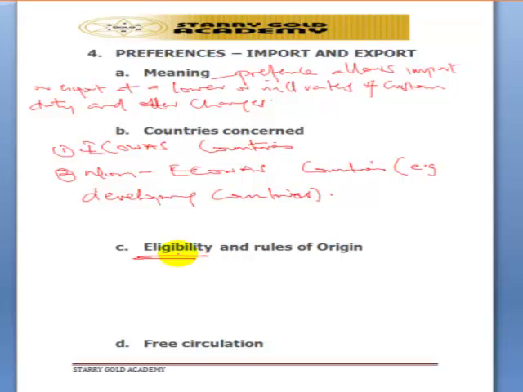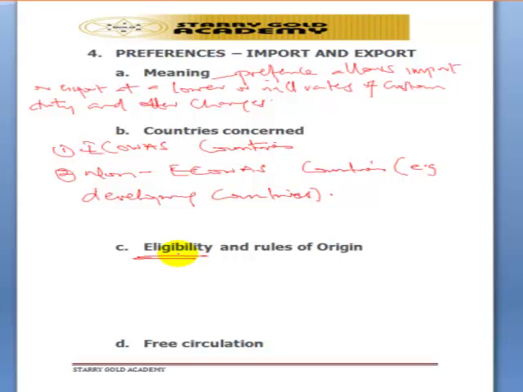Now, the following agreements relate only to goods imported into an ECOWAS country. Number 1, the Generalized System of Preferences under the ECOWAS country and other developing countries. 2, Generalized System of Preferences Plus, extended to lower tariffs. Then, Everything But Arms, given to the least developed countries. Now, to be eligible for preferences under any of these agreements,